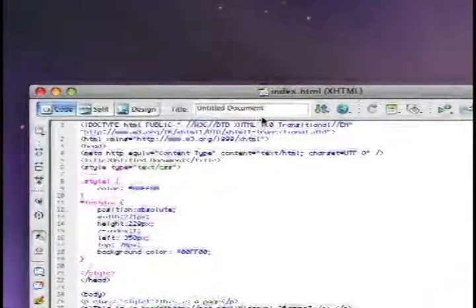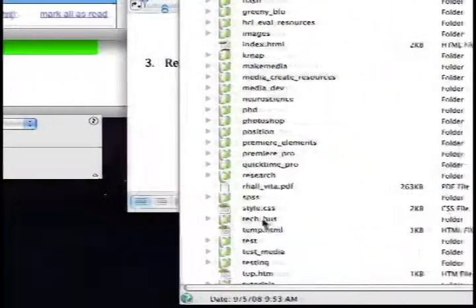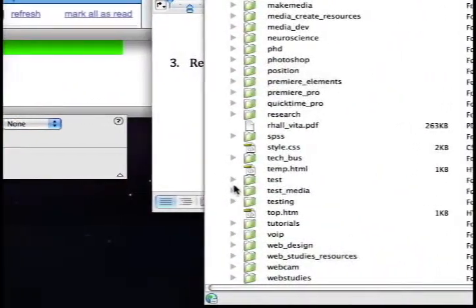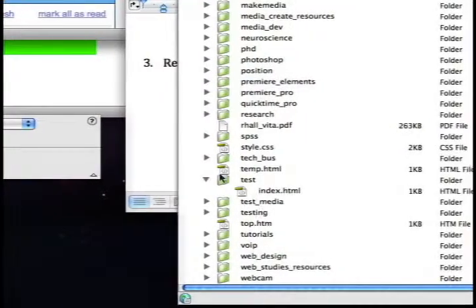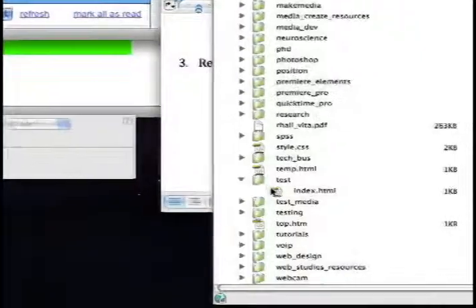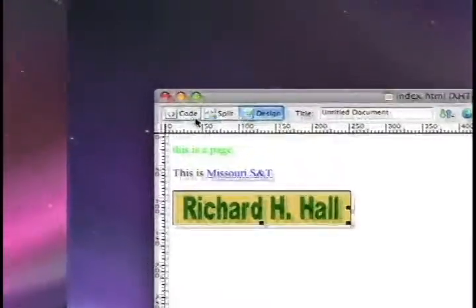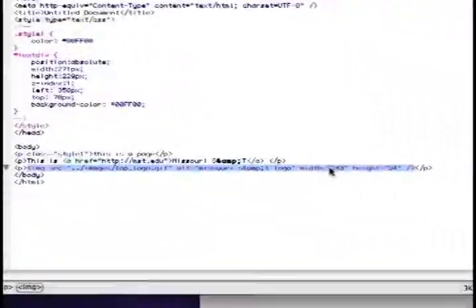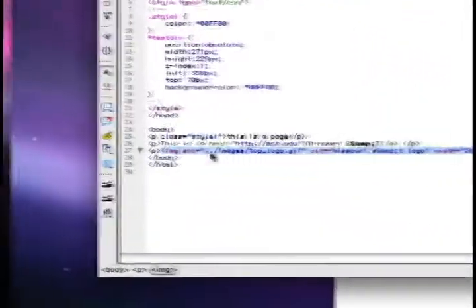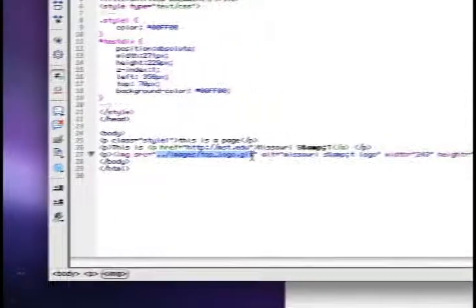So this page, index.html, is over here. It's inside the test site, and I can demonstrate that, by the way. If I close it and I go inside test and just double click, it'll open that page. And so if I look at this image, I select the image and it'll actually show you in the code where the image is, and I look at the reference. Here's the reference,